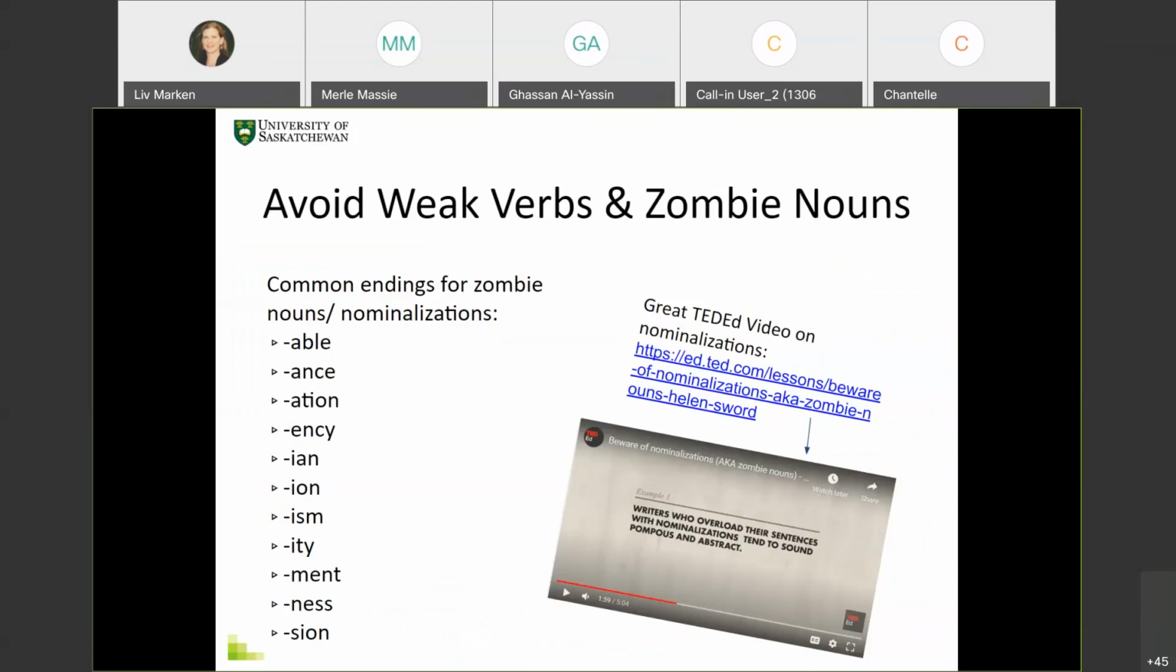They're also called nominalizations. And there's a very good book by Helen Sword called The Writer's Diet. It's a skinny little book, and I highly recommend buying it or taking it out from the library, now that we can take books out